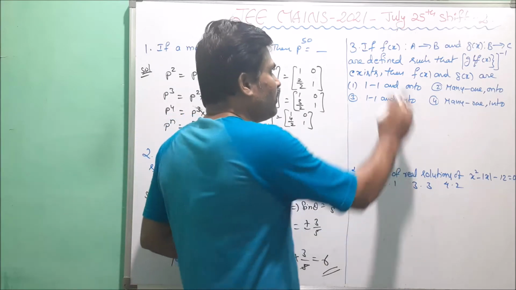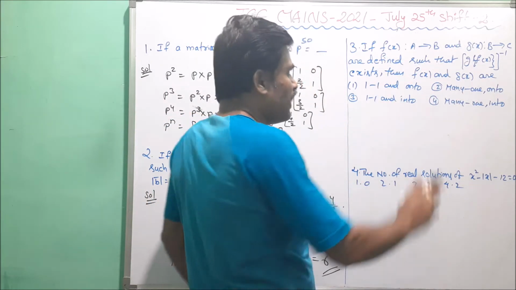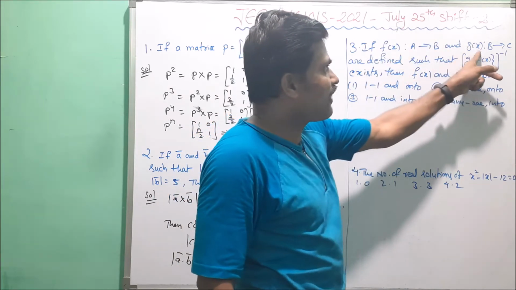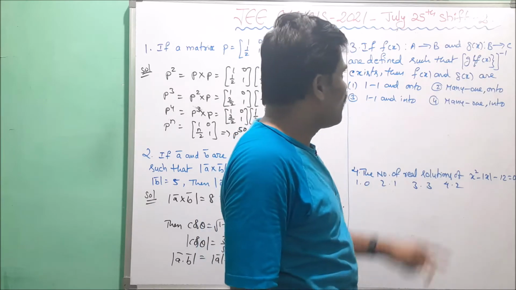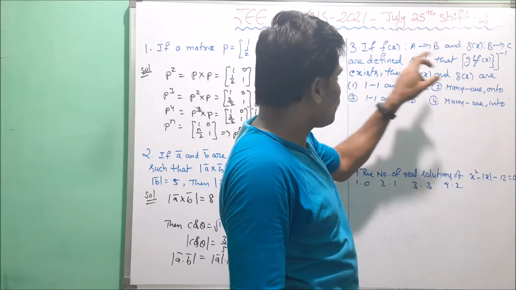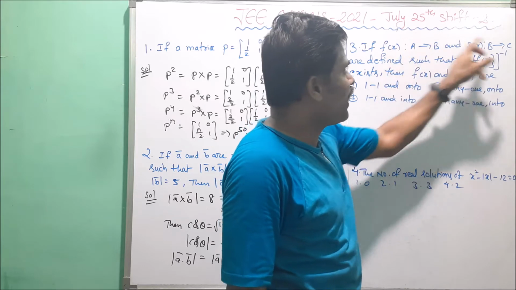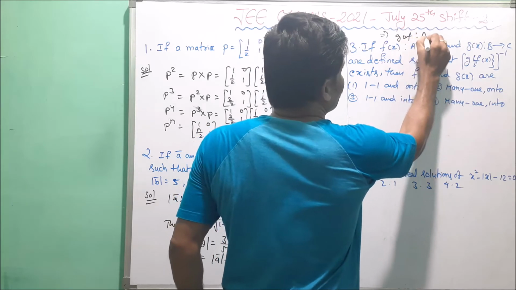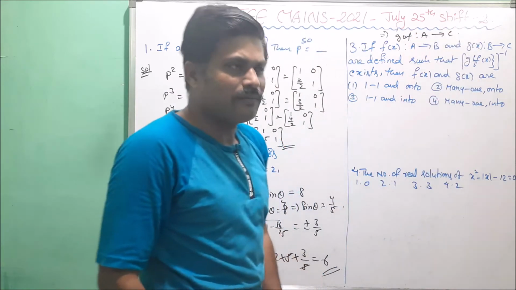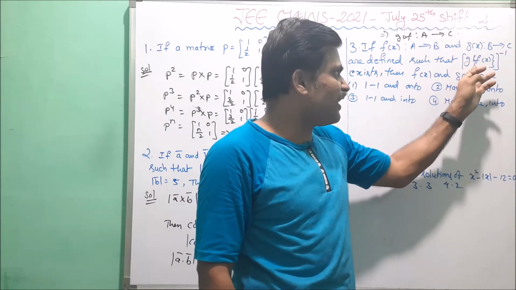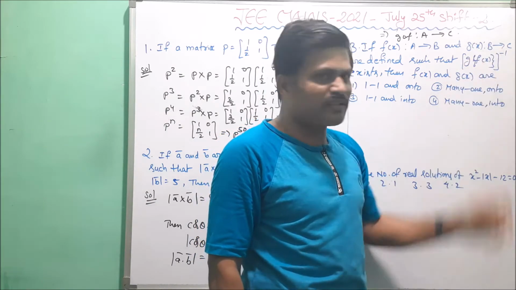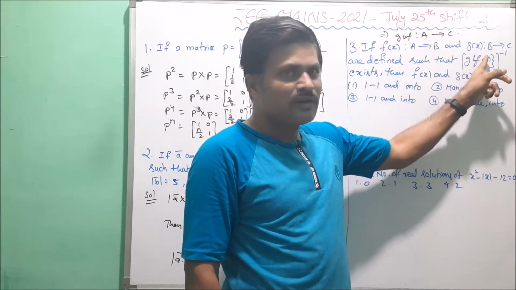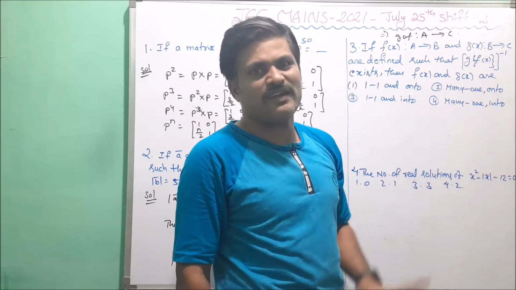First of all, we have to observe that f(x) and g(x) are two functions, and the codomain of f(x) is equal to the domain of g(x). Here the composite function exists, and we write g∘f from A to C. So this is also one type of function, but in this problem the given condition is (g∘f(x))⁻¹. Here the inverse exists if and only if the given composite function is compulsorily a bijection.